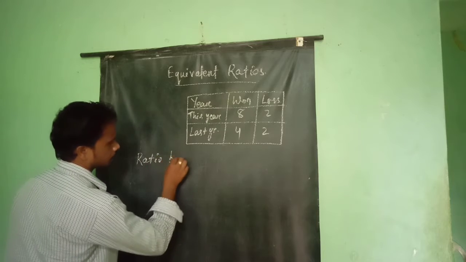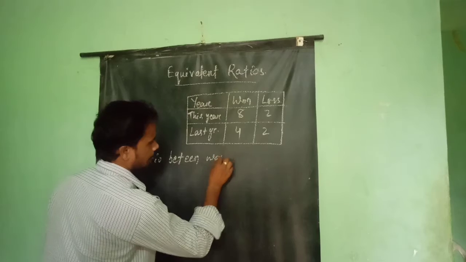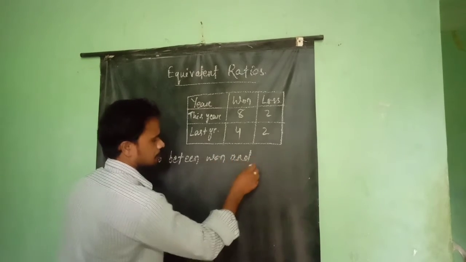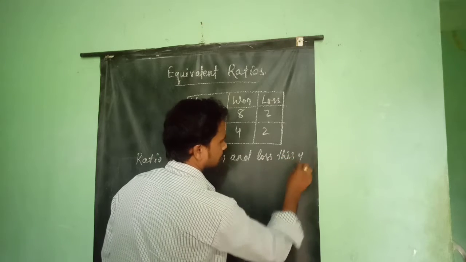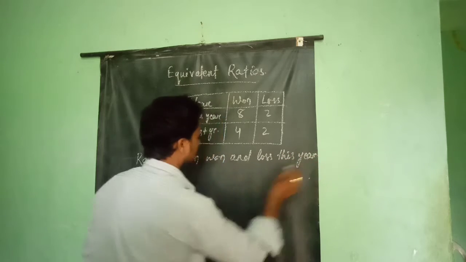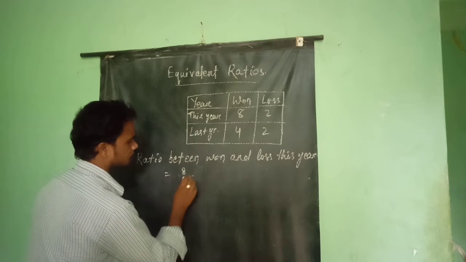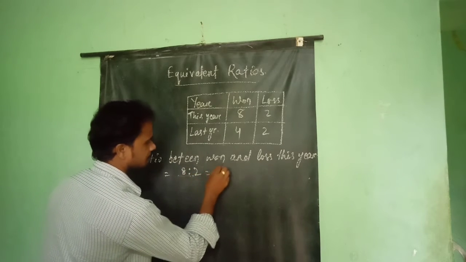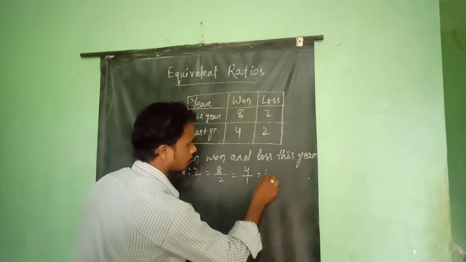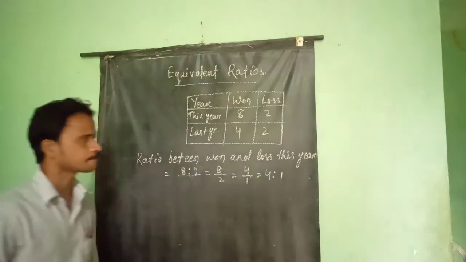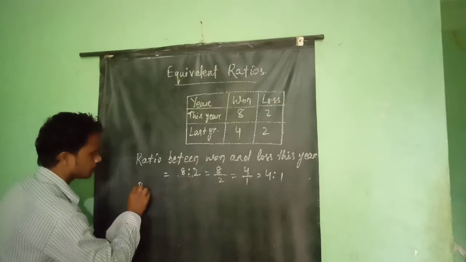Ratio between won and loss this year is equal to, हम कह सकते हैं 8 is to 2, and that is 8 by 2, and that is 4 by 1, and 4 is to 1. Clear? Similarly, ratio between